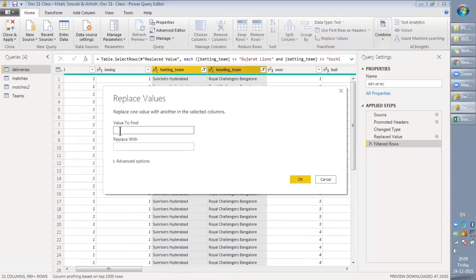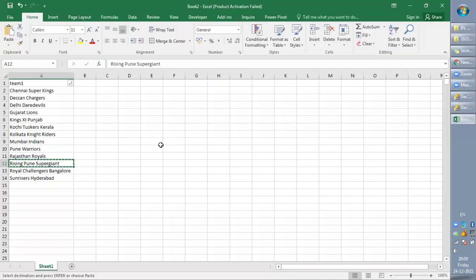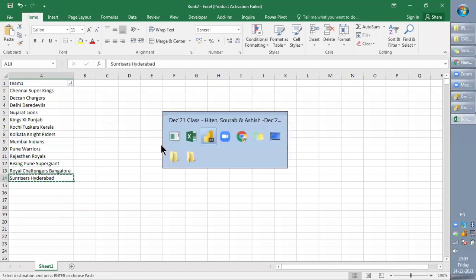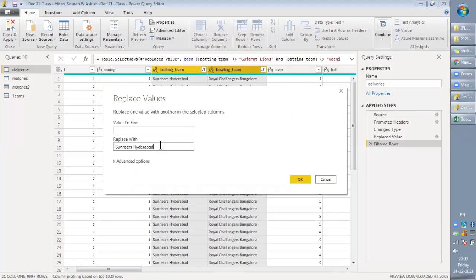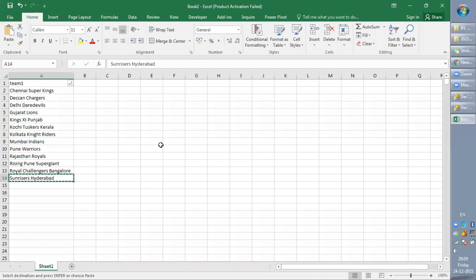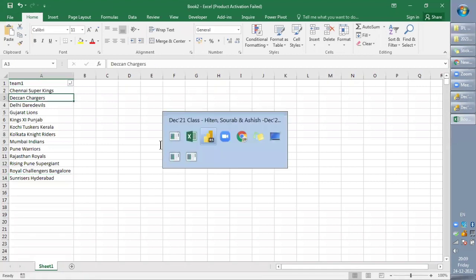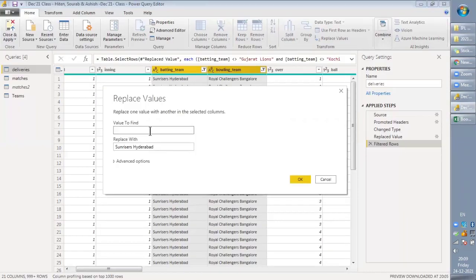So what I will do, value replace with this. No, not this. No, with Deccan Chargers. Deccan Chargers, Sunrisers Hyderabad. Let's place it here, and the Deccan Chargers here.